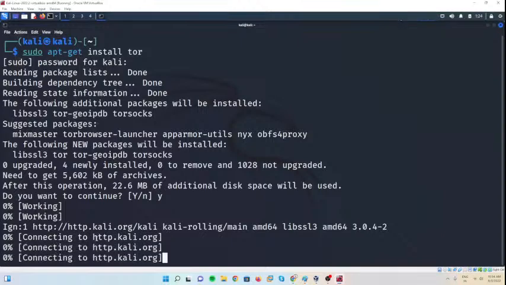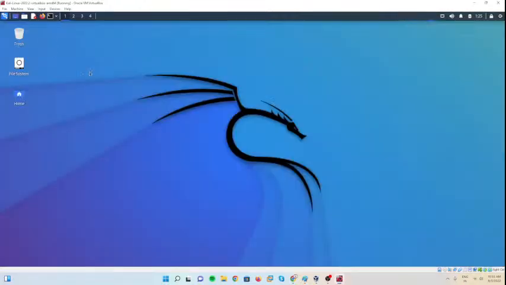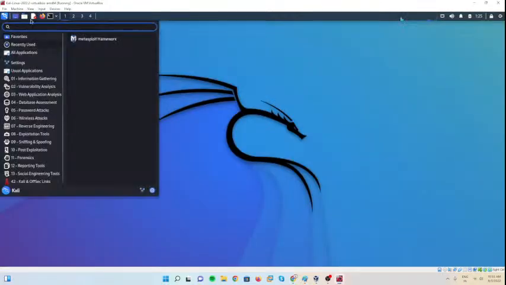Okay, this is taking some time because my internet is down. Please follow the same process which I have done, and surely it will be installed, and you can start the Tor too. And simply, how to install a Tor proxy chain is, you have proxy chains for